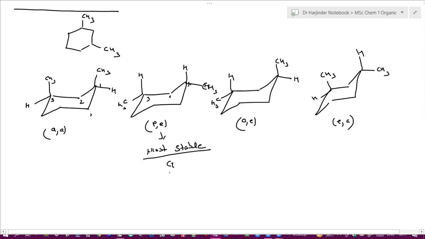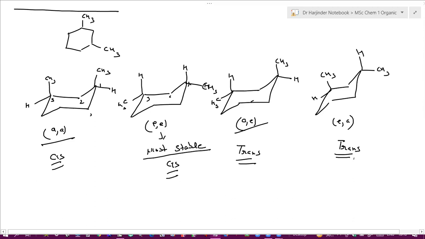Both are cis. Both bonds, they are pointing in a downward direction. So in case of 1,3-dimethyl or 1,3-disubstituted cyclohexanes, cis conformation is most stable in equatorial position. Here it is also cis, but it's less stable. Unstable, it is the least stable. And what about here? Axial and equatorial. Here it is cis or trans? So trans. Here it has trans. And here also it is trans.